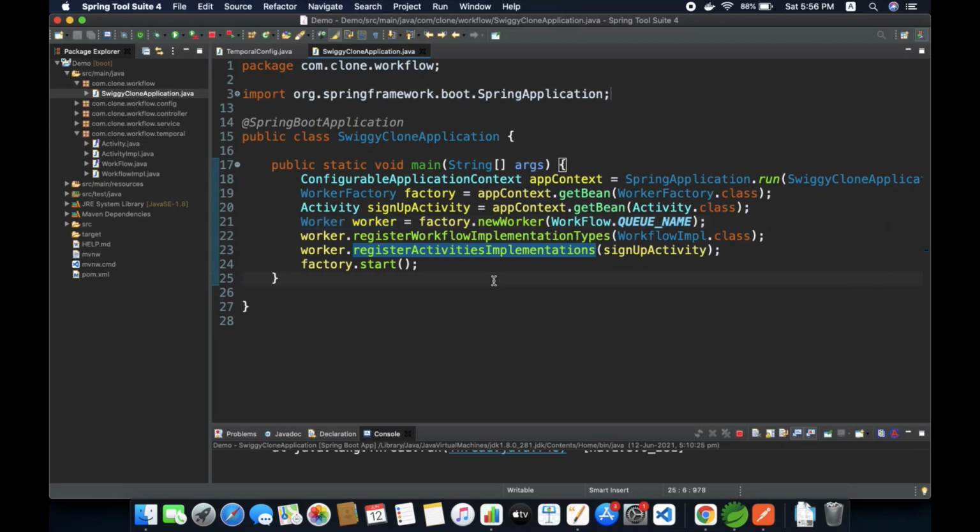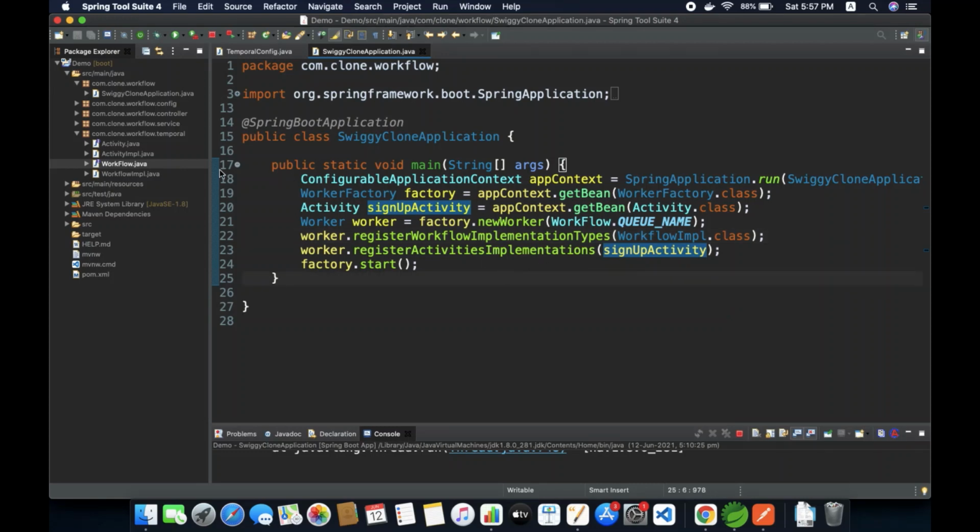This worker will take care of executing all the workflows, and the advantage is that you can have multiple workers inside your workflows. I can have this worker which is responsible for my workflow, and next I can have one more workflow with the name refund workflow or something else, and one more worker, let's say a worker for refund, for doing some other process. Whenever you start your Spring Boot application, the worker has to be registered with the impl class with which you want to run your workflow, and also the activities. So this is a basic configuration for your Temporal.